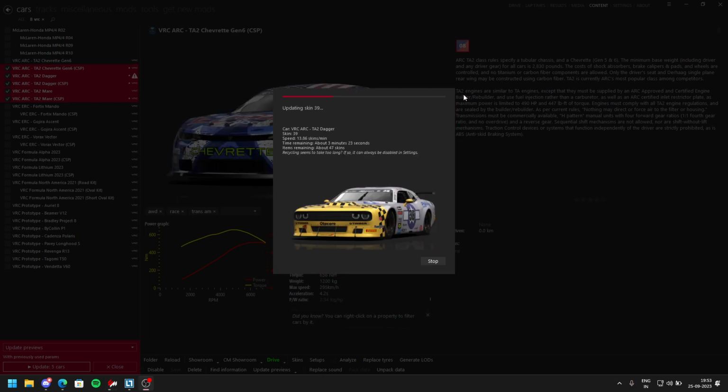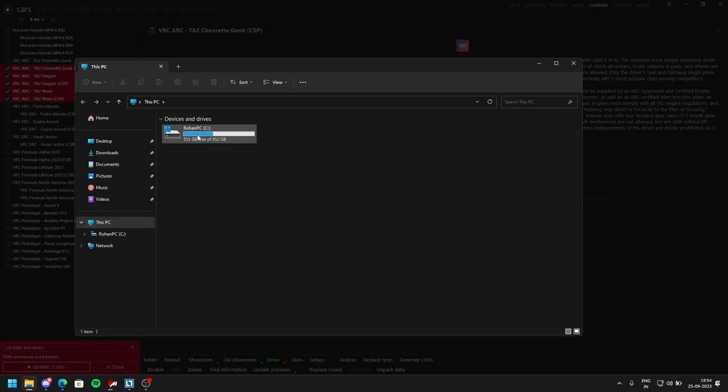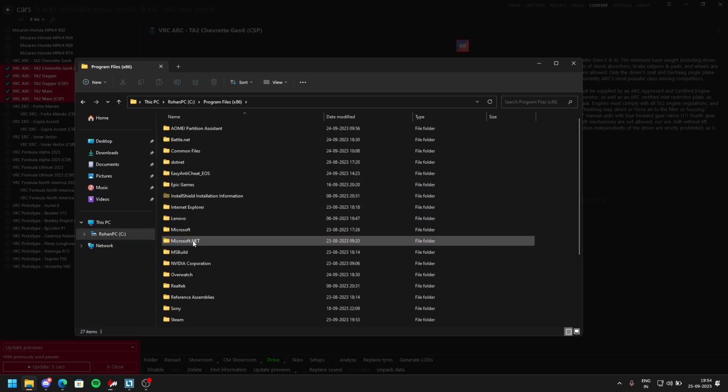Just a side note, depending on your GPU, your graphics card, and your CPU, it can depend on how much time it takes to process. So, yeah, with 4K skins, obviously it takes more time. But yeah, there's like 45 skins in here, it's going to take a while. But when you do it for the entire, if you have a big file size, so let's say if I open up my Assetto Corsa file size here,